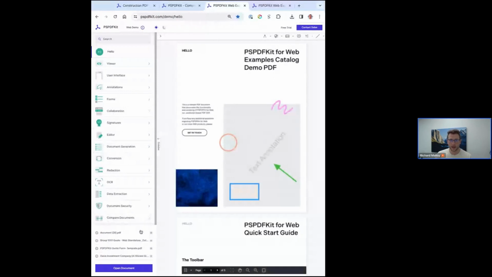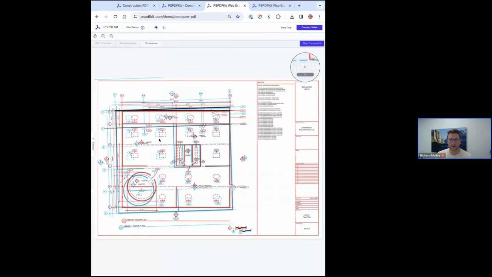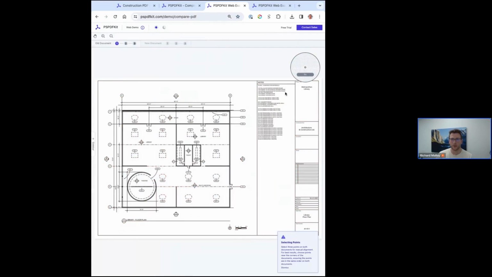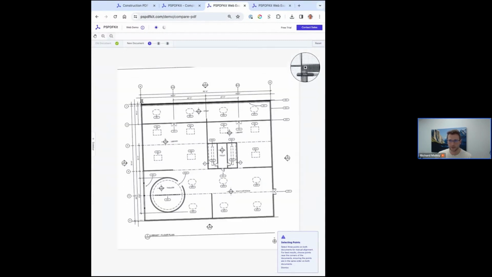While we try to be generic and give you options to use a lot of different things, one thing that we definitely have is certain stuff that's for certain industries. So we have a document comparison tool. What we're looking at right now is 2 different versions of a PDF. If you look at the top right, I'm picking out 3 coordinates on this PDF. Okay, I'm going to pick that. And then I have the second version of the drawing. So I'm going to need to zoom out a little bit, and I'm going to try and pick the same